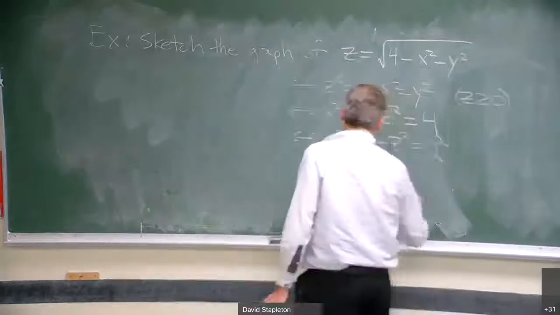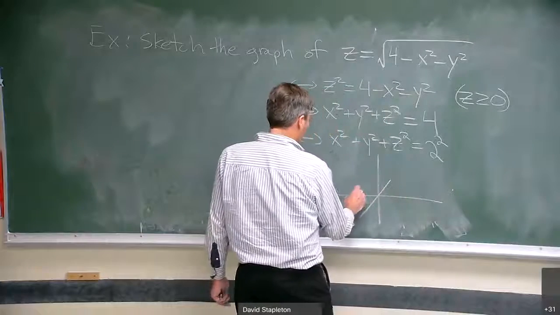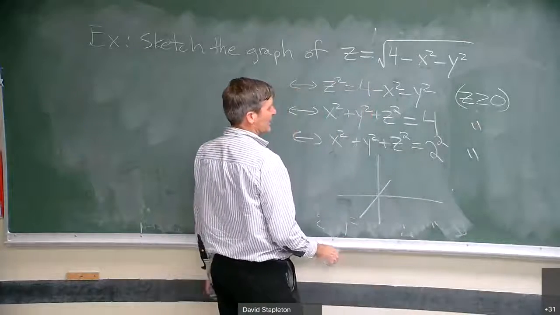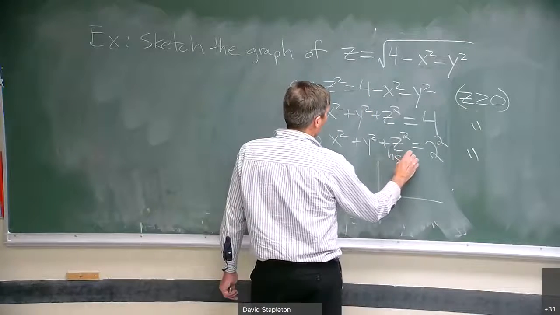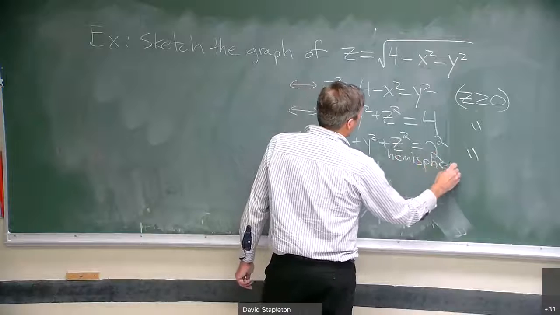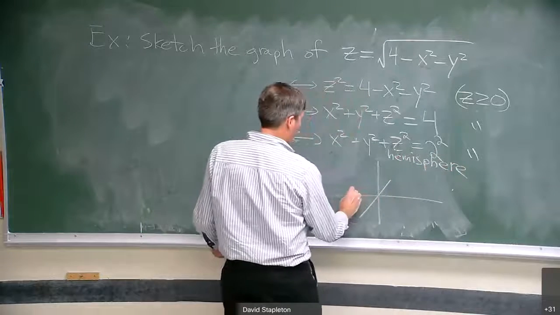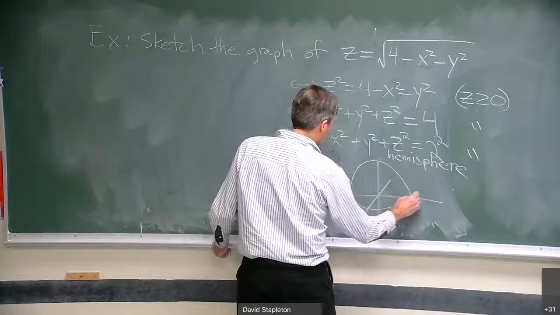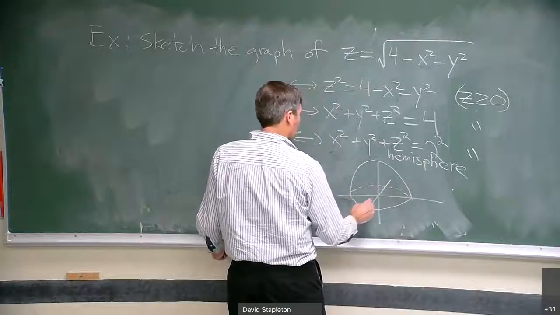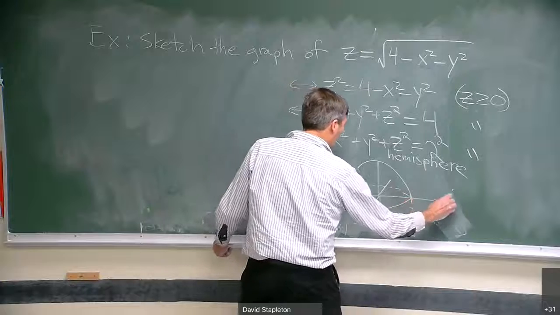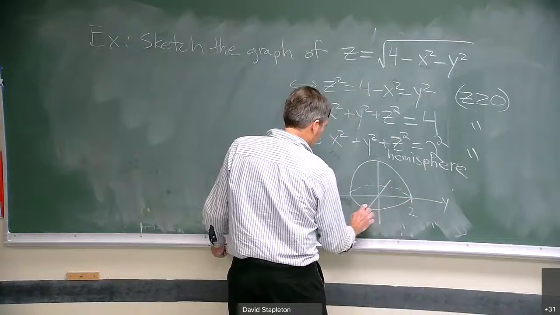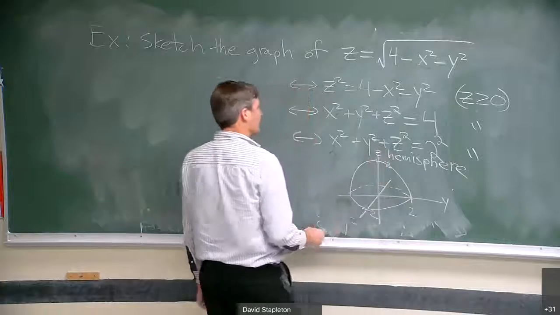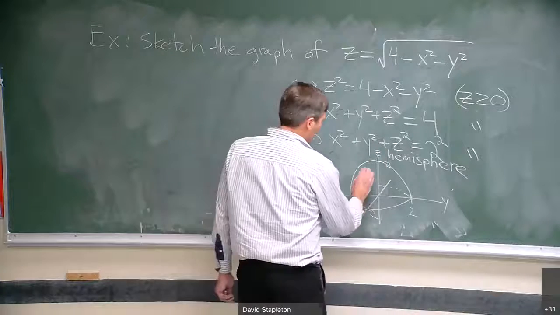So you go ahead and sketch that, except I want to carry down this restriction that z has to be non-negative, so it's actually going to be a hemisphere when I include the restriction. A half sphere. So I'll draw it like that. The half of the sphere that has non-negative z coordinates. So it goes out to 2 on the y-axis, 2 on the x-axis, and up to 2 on the z-axis. There's the sketch